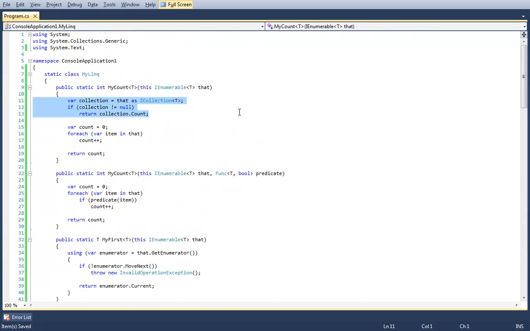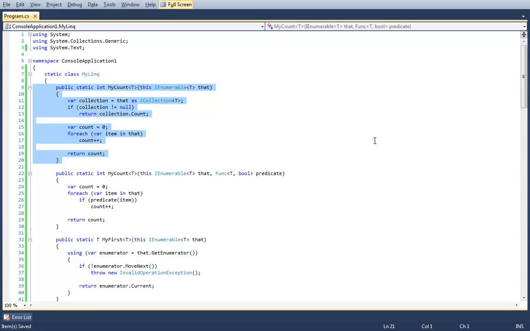Okay, so what this code does, I'm not sure if I get why is it better. Is it better because it doesn't make an object? Well, first of all, myCount is not an iterator block. Can anyone tell me why myCount is not an iterator block? Exactly. Because this is not an iterator block, there is no additional object that the C# compiler generates. This is just a normal method that takes in an IEnumerable of t and returns a single result. It doesn't return a collection of results.